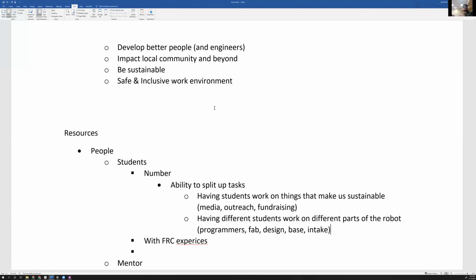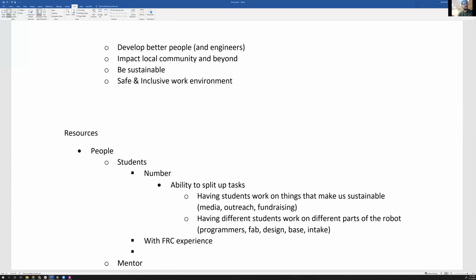So, let's skip ahead a little bit on something right now. Do you think that we have a large number of students where we can split up tasks? Probably. We have a huge number of students. So that is an abundant resource to us. But when it comes down to students with FRC experience, is that abundant or is that somewhere that's not abundant? I would say that's a little bit less than abundant. So let's fix, where's my